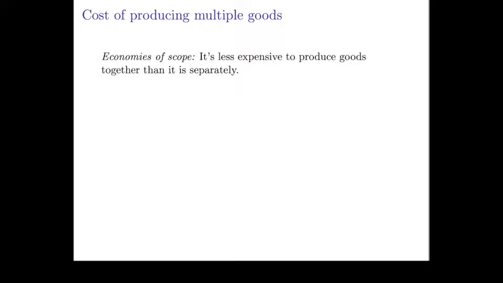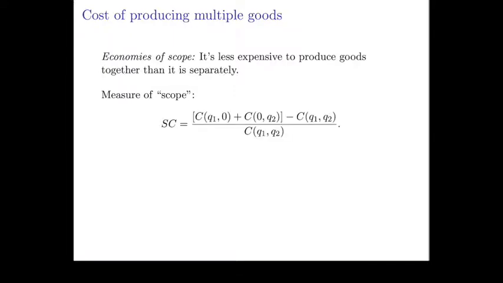We see that there's economies of scope between two goods if it's less expensive to produce them together than it is to produce them separately. So how do we measure, quote unquote, scope? Well, we're going to define a measure of scope which says